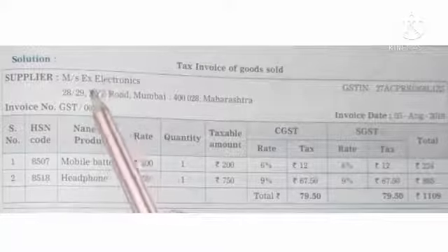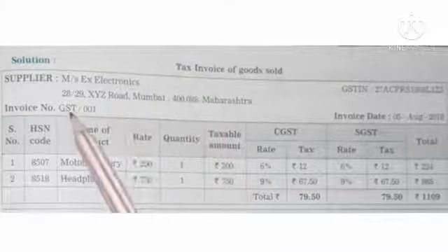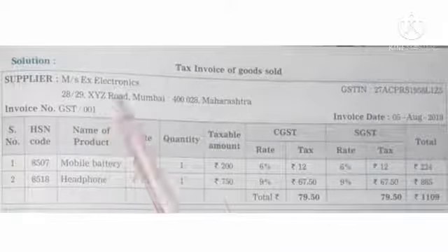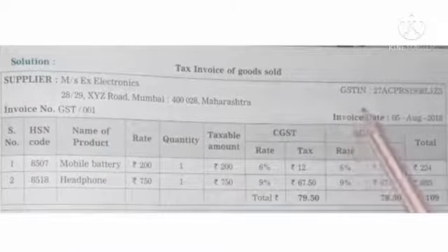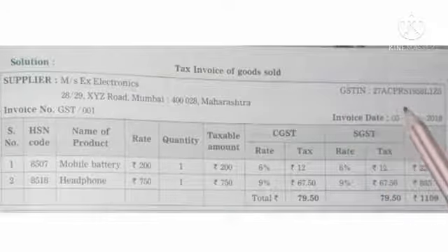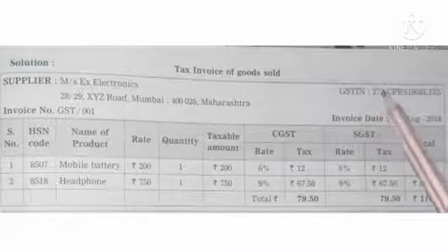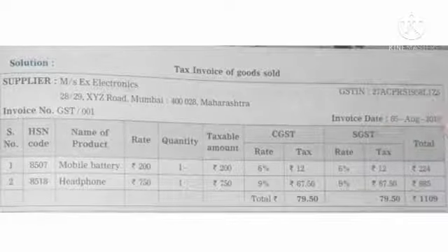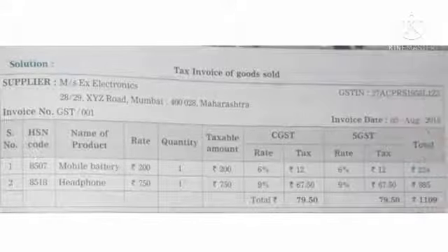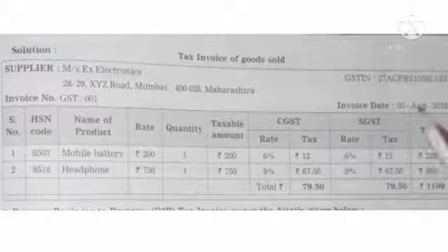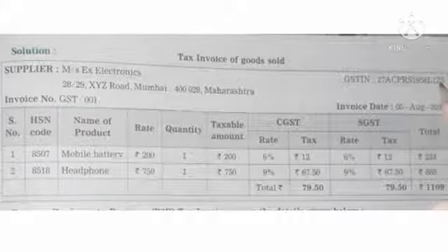So give any name you like. If given in the question, you write the same name, otherwise write any name and any address. Okay, then if possible write phone number and email address. Then invoice number GST 001, you write GSTIN number. Here you know this is the permanent number 27 for our Maharashtra. Then write remaining letters, alphanumerals. In that, 10 are PAN number. So write it correctly. Default statement, you write Z by default, right?